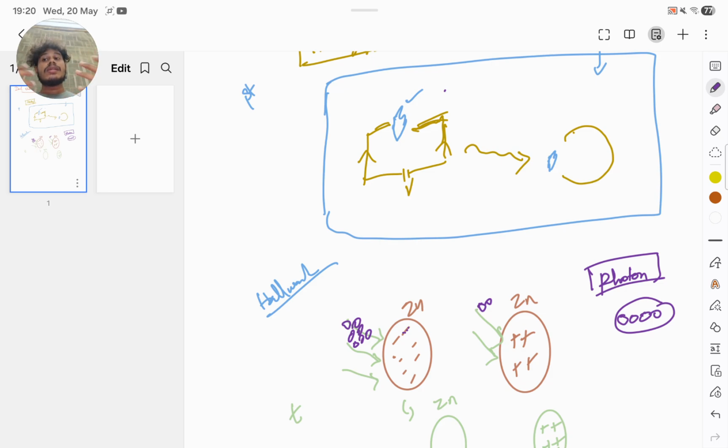So what I understand is that light does not behave only as a wave, it also has a particle nature. Why? Because a photon, as a particle, hits the metal surface and the electron leaves. So I am considering that light also has a particle nature. This gets proved from the experimental procedure. This is the complete concept.